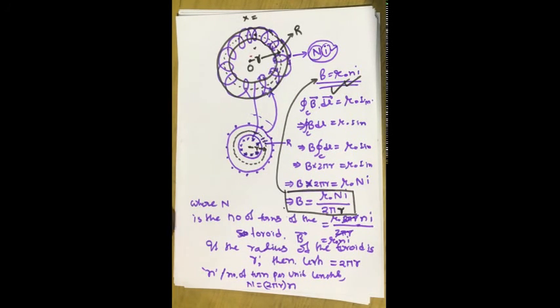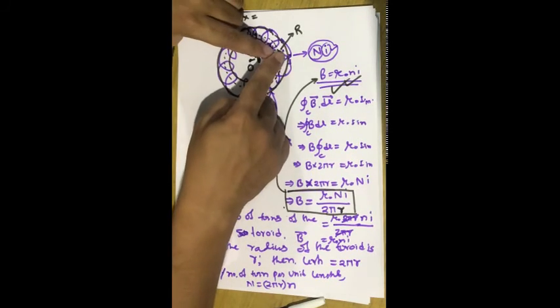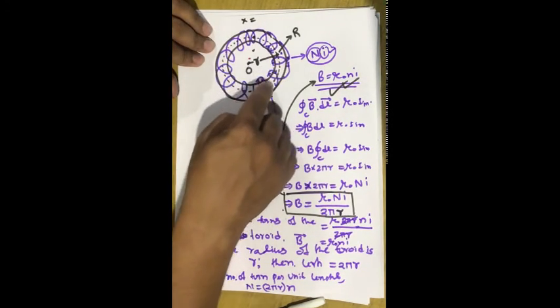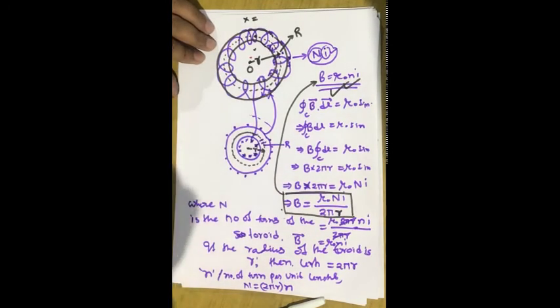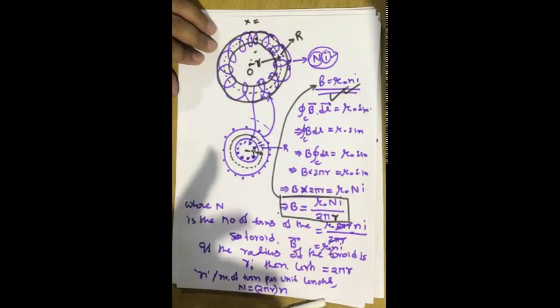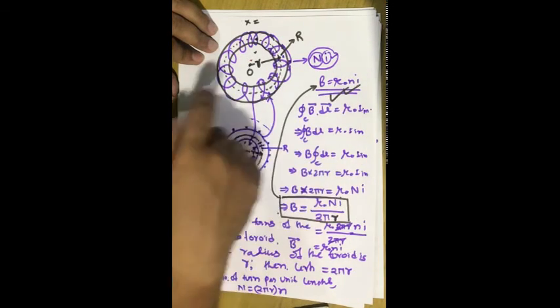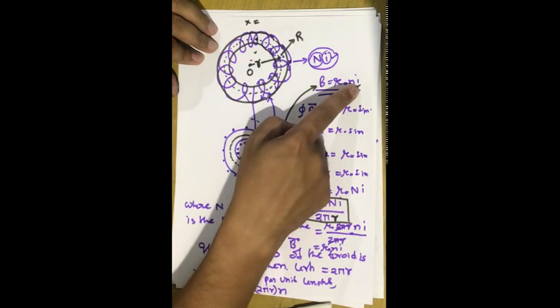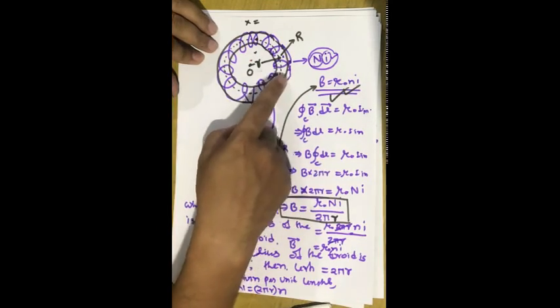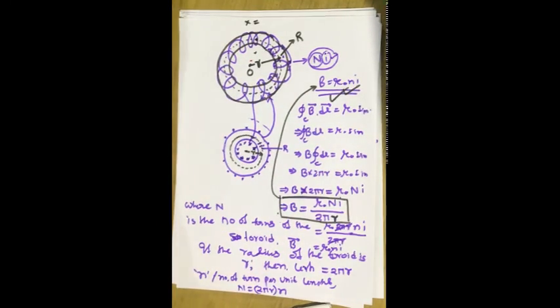This kind of toroidal current configuration is basically used in fusion devices, where the toroid is used in order to confine charged particles by the application of the magnetic field. You see here, the magnetic field is in the axial direction, like this, in the form of a circle. This magnetic field, the magnitude of the magnetic field, we can easily control by controlling the value of the current. After all, the magnetic field here depends on I and the number of turns per unit length. So this kind of configuration is very essential if we want to have a controlled magnetic field.